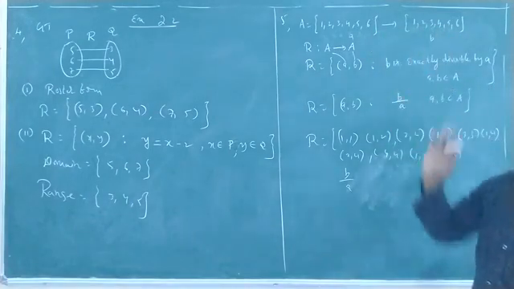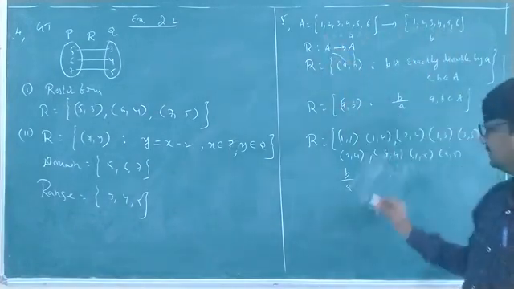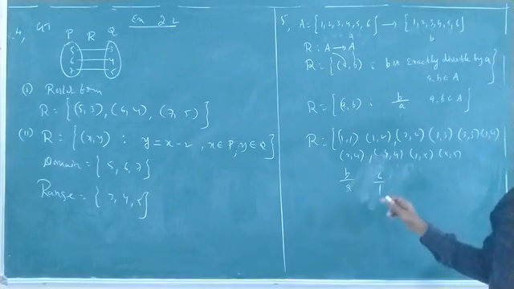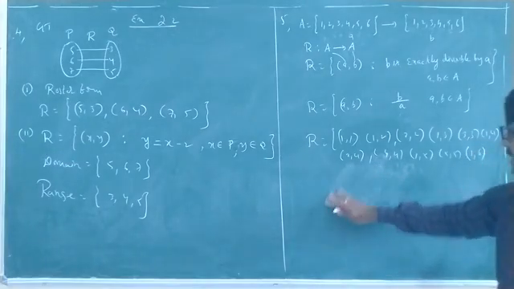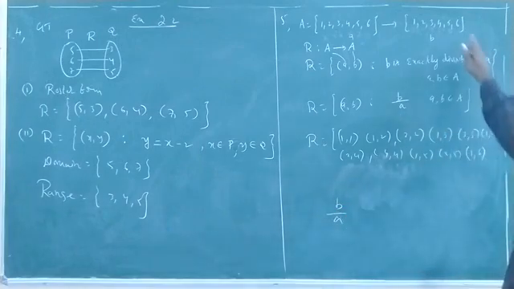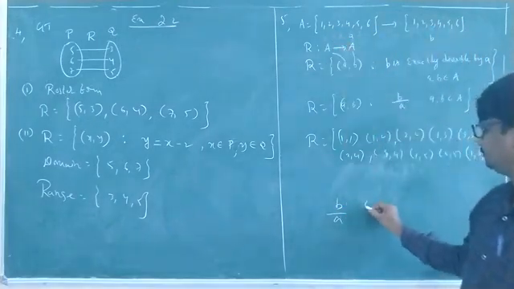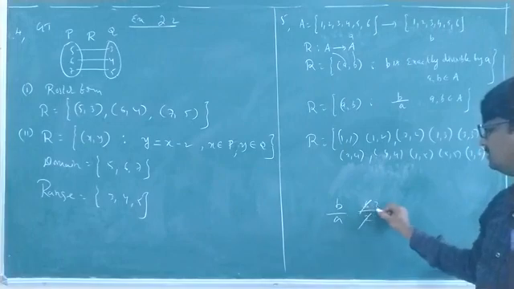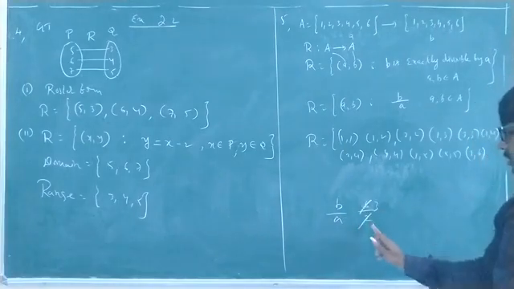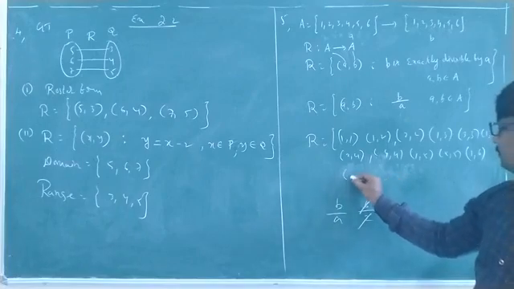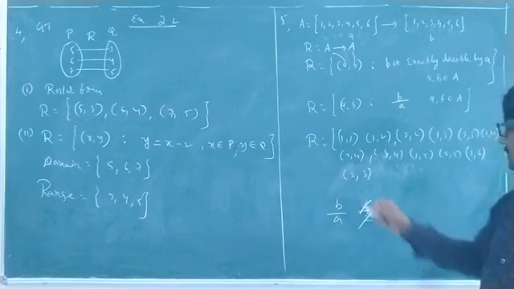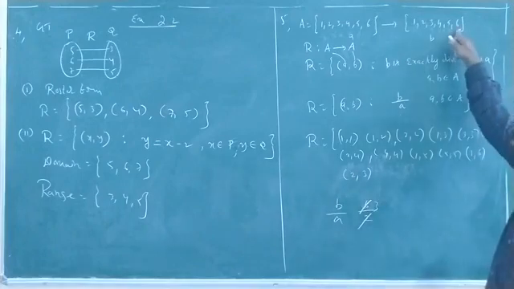5 by 6? No. Next, 6 by 1? Yes. 1 is divided 6 times, so it divides perfectly. A value 1, B value 6, so (1, 6). Next, 6 by 1 is over. Next, 6 by 2 is cancelled 3 times. A value 2, B value 3, so (2, 3). Okay.